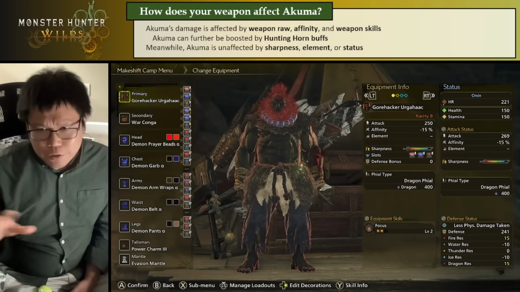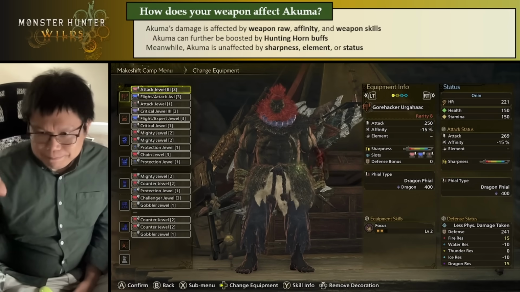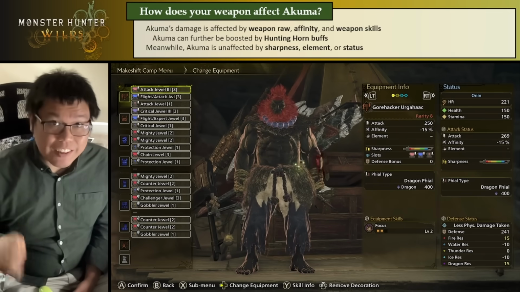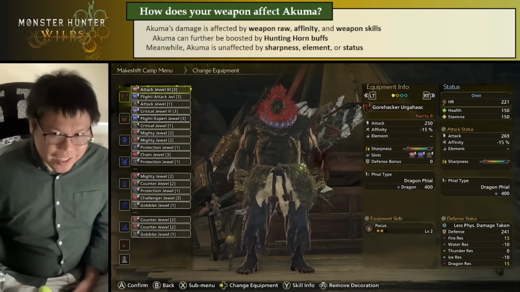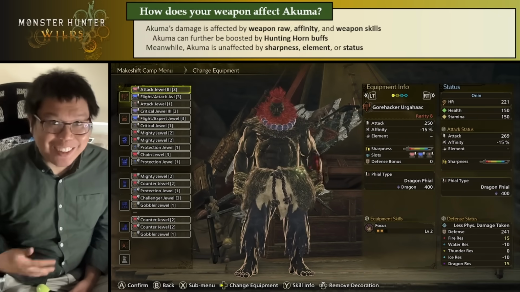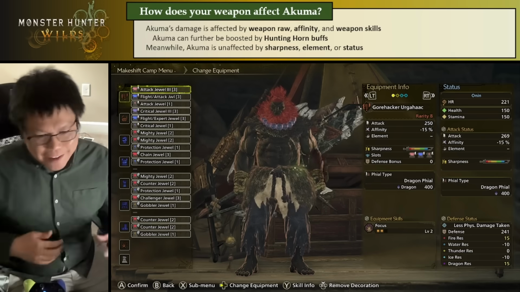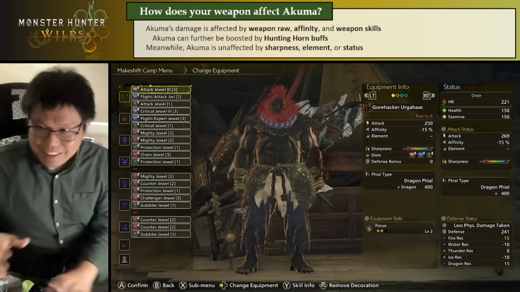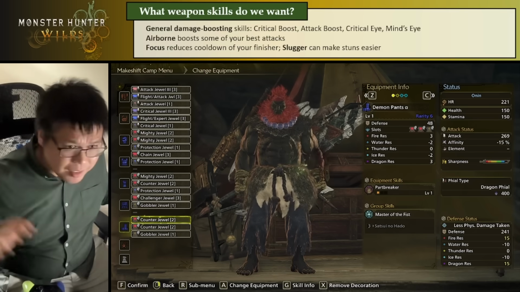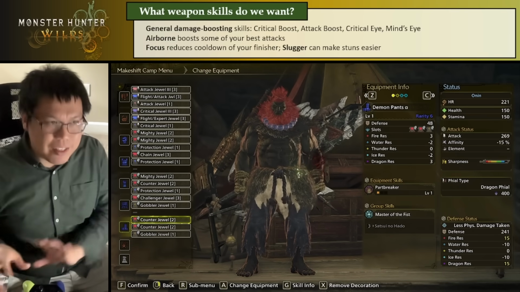Meanwhile, and this sort of changes the priorities when you're playing Akuma, Akuma isn't affected by sharpness, and isn't affected by element, and isn't affected by status. So because of that, a lot of the really good weapons for an actual weapon playstyle end up being less good for Akuma. And stuff that we wouldn't even normally consider ends up being the best for Akuma. So yeah, let's quickly talk about weapon skills though, because that's going to be the thing that's probably going to